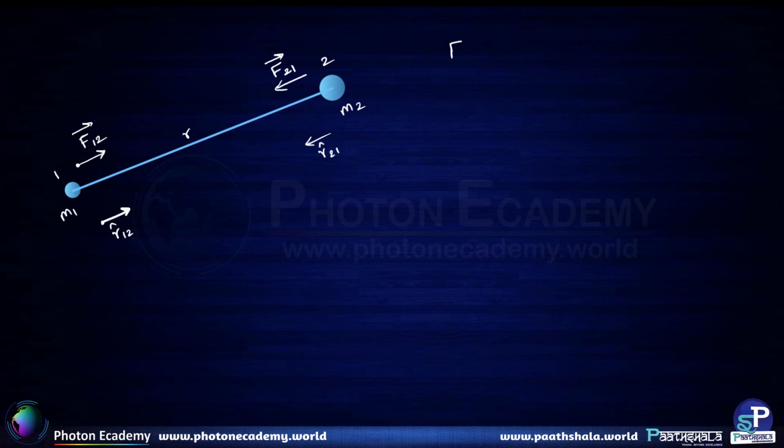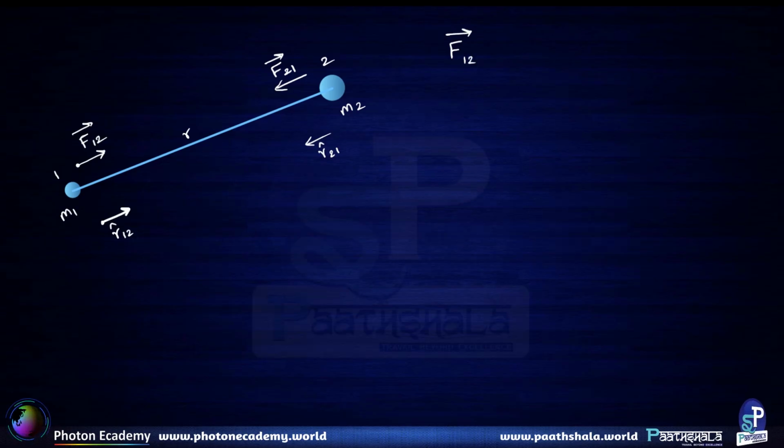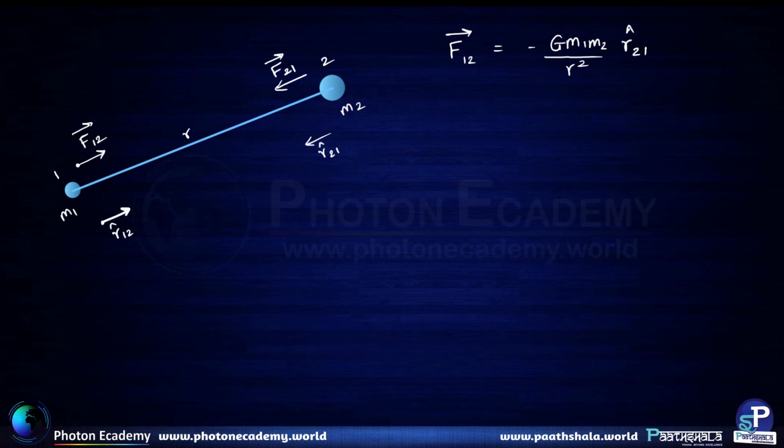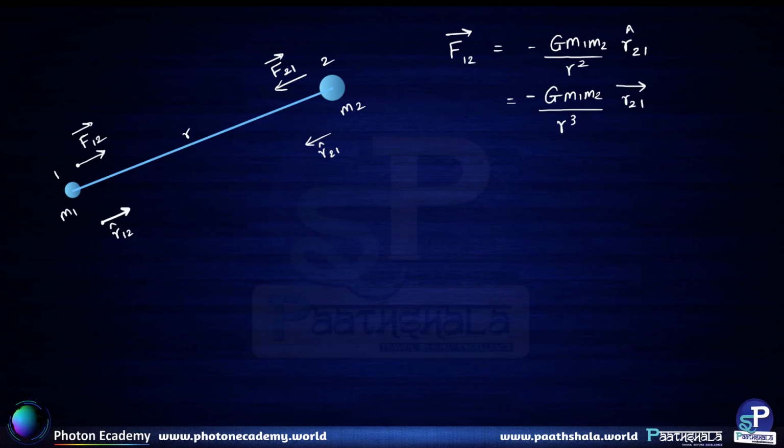The force of gravity F12 can be written down as minus G m1 m2 upon r square R21 cap, and it can be written down as G m1 m2 upon r cube into r21 vector. The minus sign remains. Similarly,